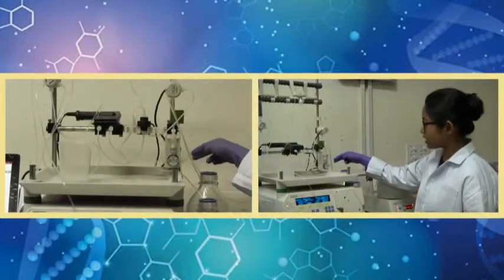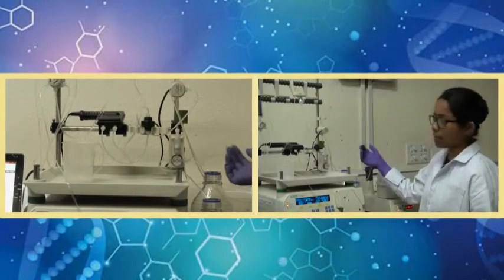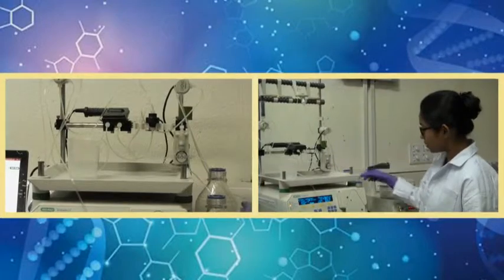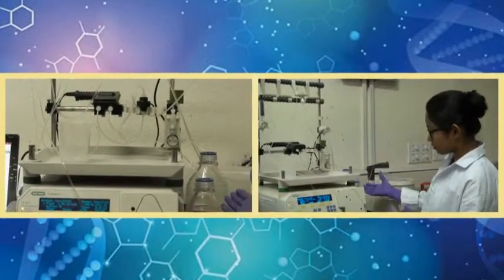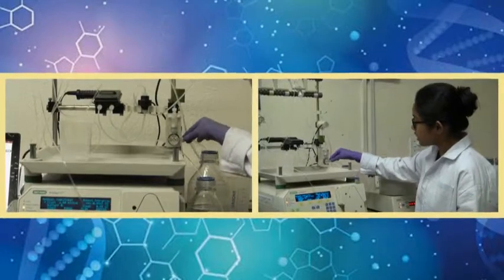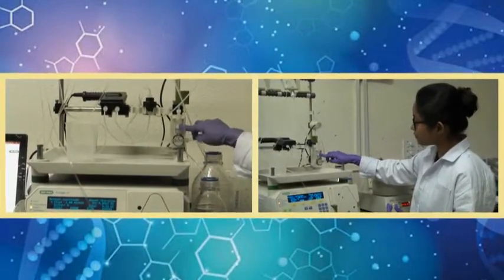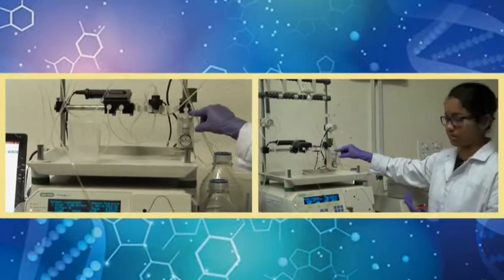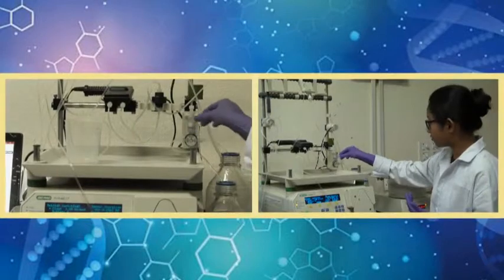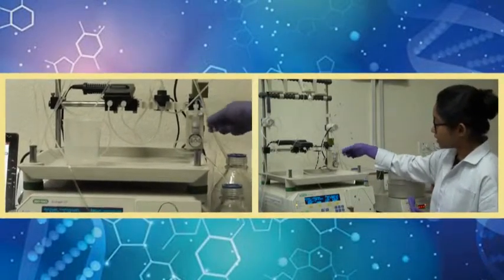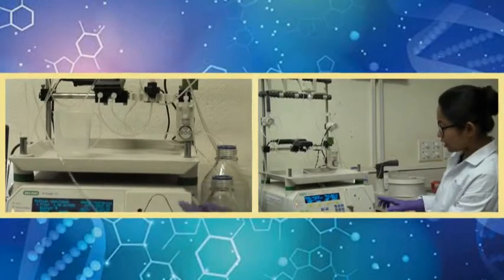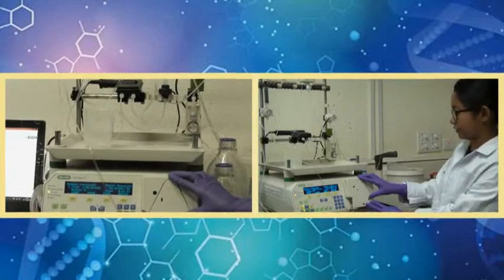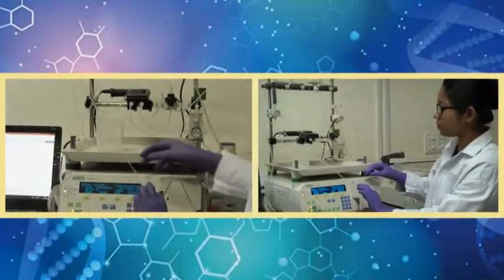Here we have two channels, buffer A and B. So, simultaneously you can run two different types of buffer, and these two tubes take buffers from two different containers. After taking the buffer, it will mix the buffer here in these small tubes. It will start rotating and mix your buffer at the proper concentration which you have decided for yourself. Then this buffer will migrate through this tube up to this pump. This pump will actually determine the flow rate of your buffer.